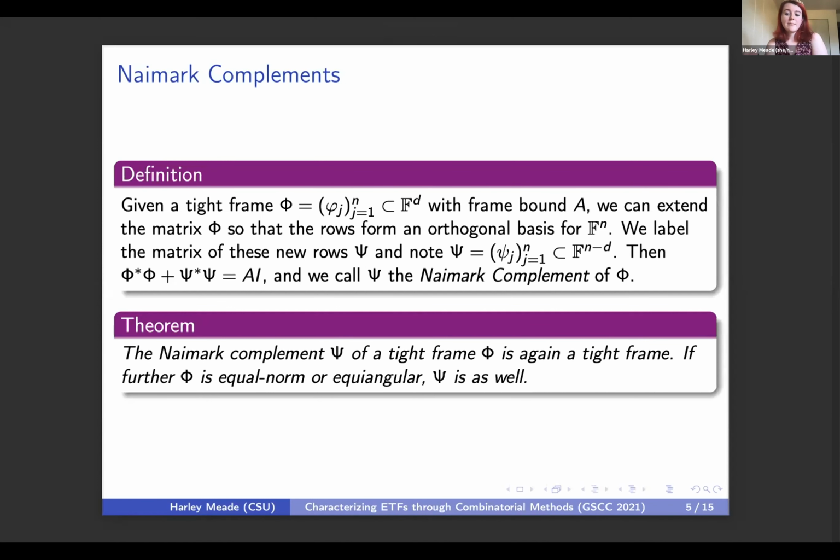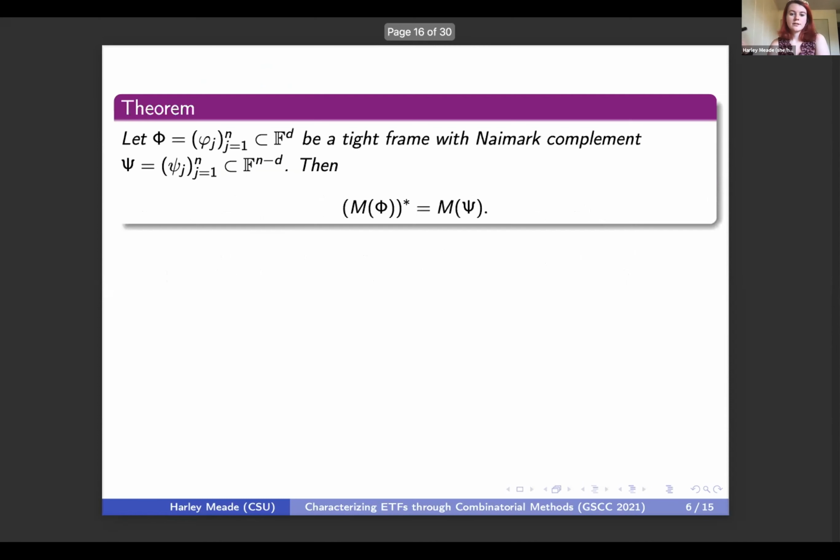And the Naimark complement of a type frame is again going to be a type frame. And if phi is equal norm or equiangular, psi is as well. And in particular, the Naimark complement of an equiangular type frame is going to be an equiangular type frame. So if we have that phi is some type frame with Naimark complement psi, then the dual of the matroid